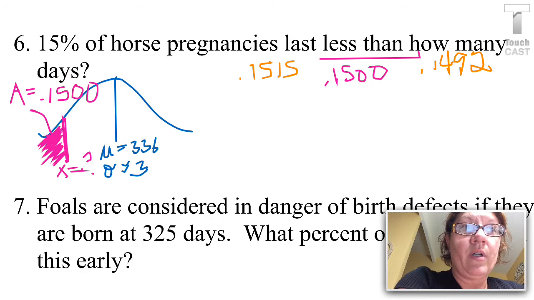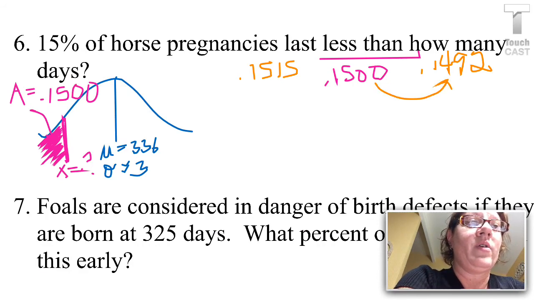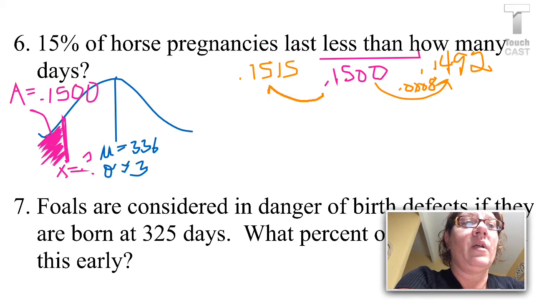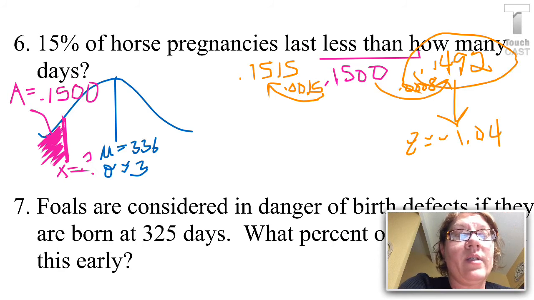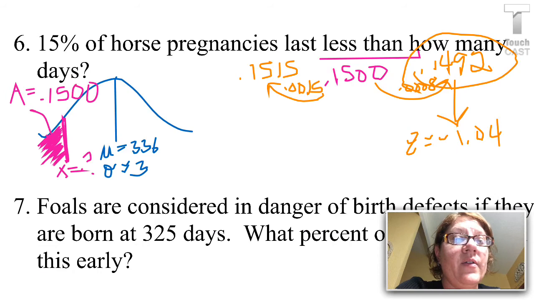Hopefully you found those two numbers and it sits between, and so it's only 0.008 away from that, but it's 0.0015 away from that, so closer to this. So I'm going to write down the z-score, which is negative 1.04, and now to get to my x, again,